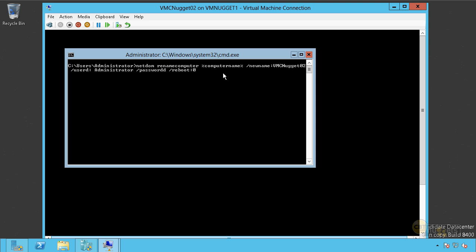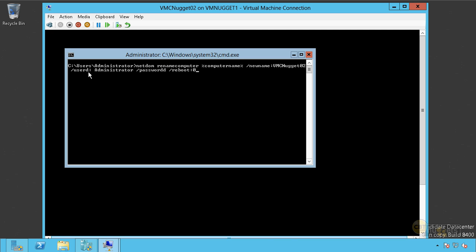Now, why am I doing that? Because I already forgot the name of this computer. It was so convoluted, I didn't want to have to think of it. I'd actually waste brain cells thinking about it anyway, because I'm renaming the computer anyhow, and it wouldn't matter. So I'm just using a variable of %computername%, which means that whatever the name of the computer is, we're going to rename it to a new name here,